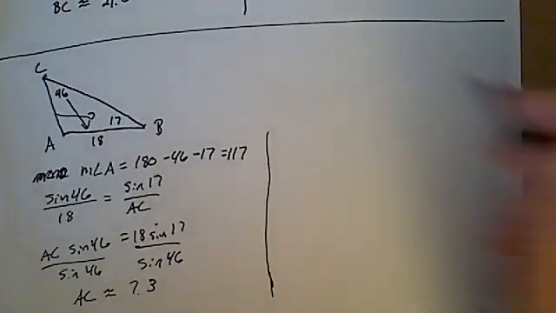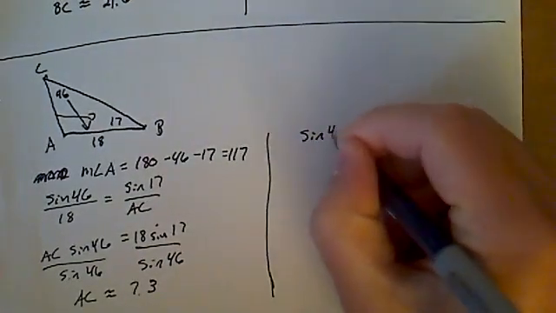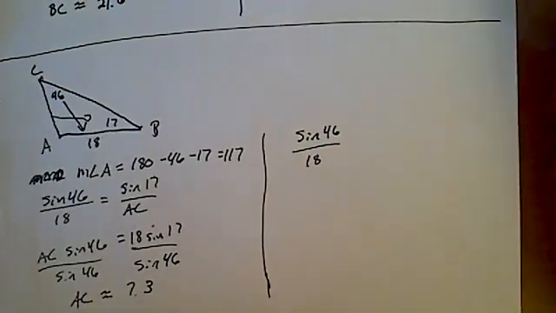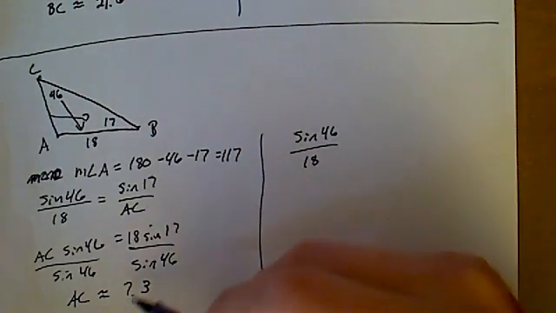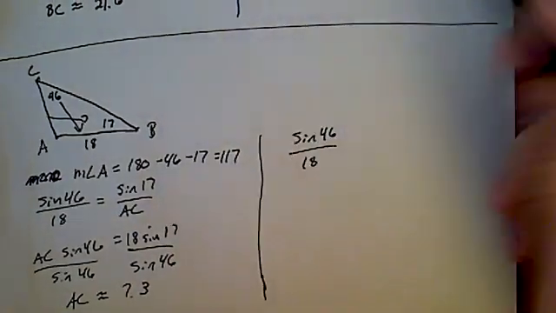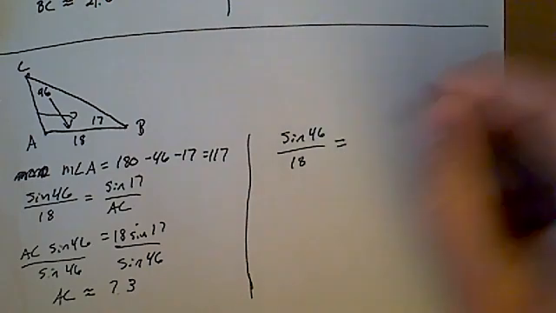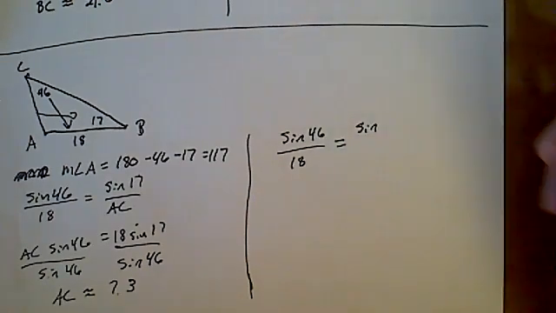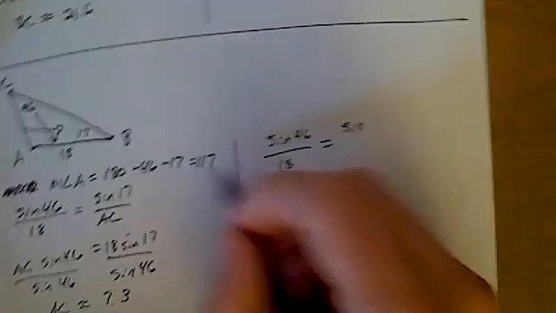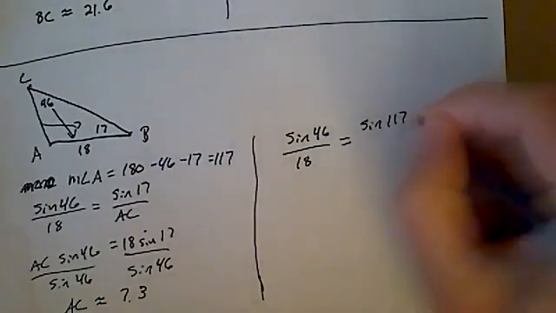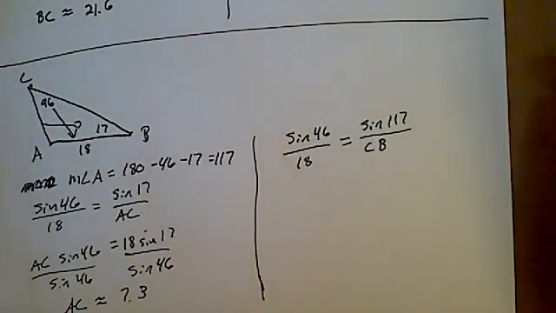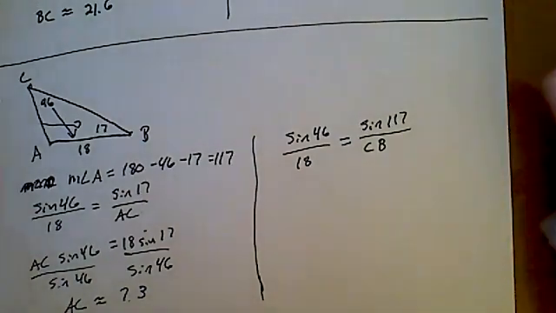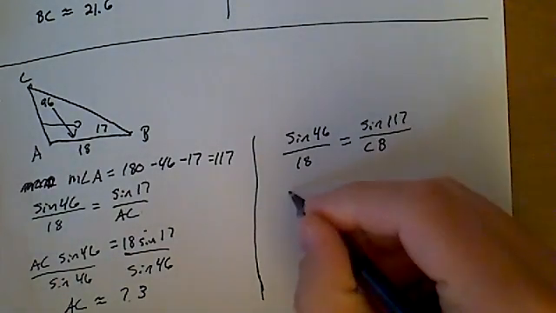All right, so I'm going to use the same thing to start, the sine of 46 over 18, because 18 is not rounded, and so it's going to give us a better answer than using the sine of 17 over 7.3, equals the sine of the angle opposite side CB. Well, that's angle A, which we found here to be 117, over our side CB or BC. It doesn't matter which one we call it, right? So we get CB,